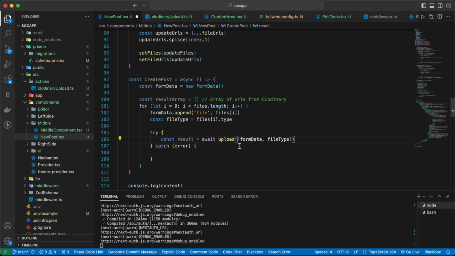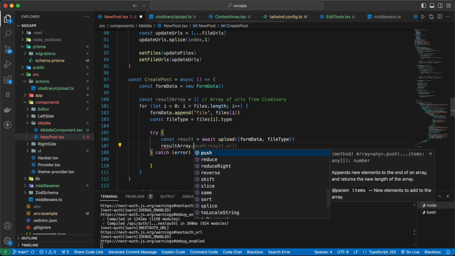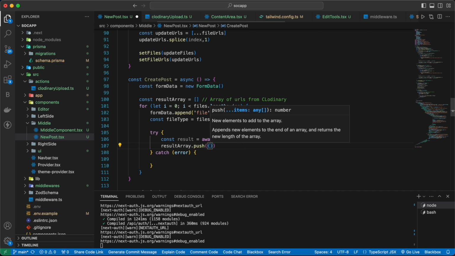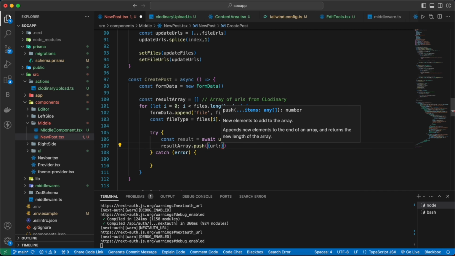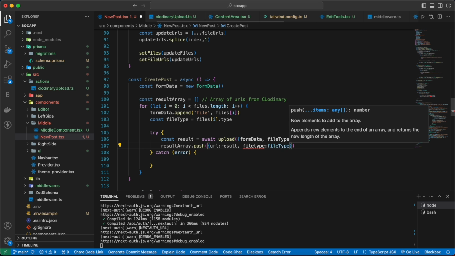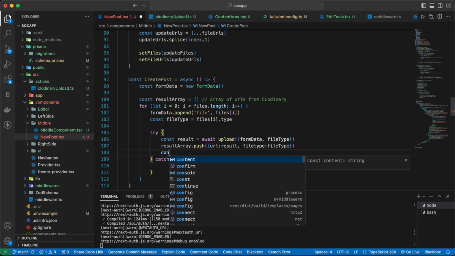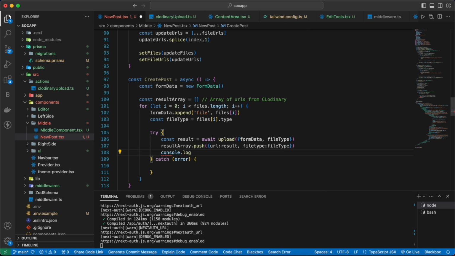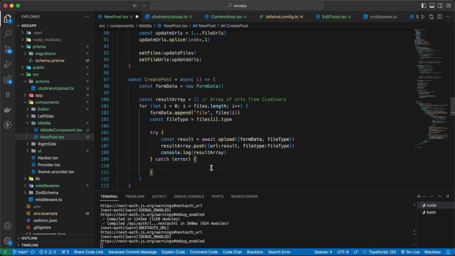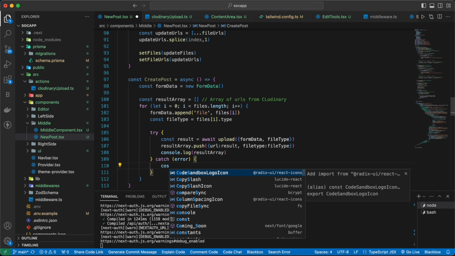Now from result we are going to get a URL, so we are going to push in our result array. So push, and then the URL will be inside our URL field, and with this we are also going to have file type, which will be file type. Next we are going to console log our result array, and if we get any error then we are going to simply console that error